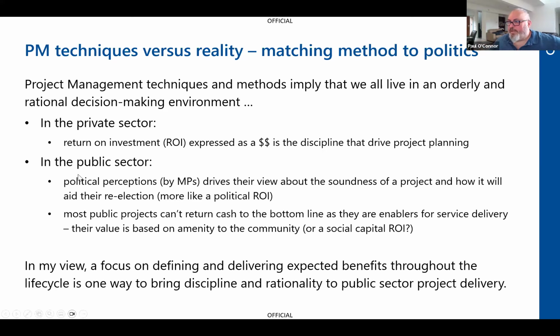But then the other part about public projects is most of them, just about all of them, can't return cash to the state's bottom line. Very rarely will a project generate a profit for the state. And even then, if we think of CityLink, Transurban makes squillions out of it. But every time they look like they're going to make a massive profit, they